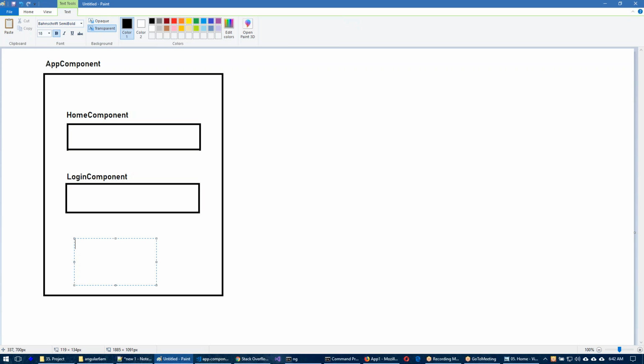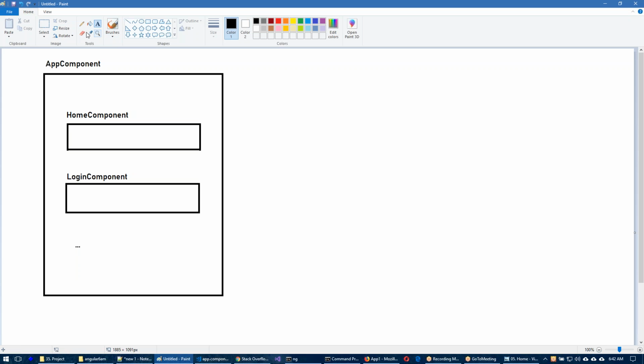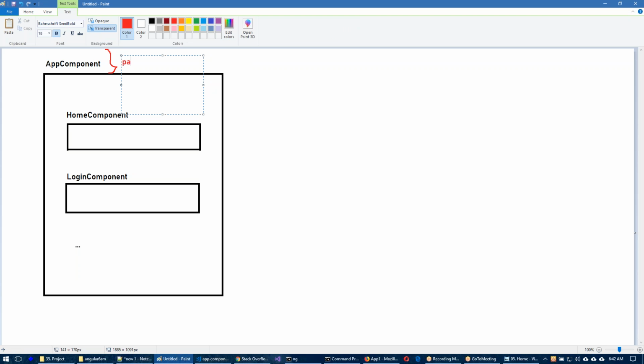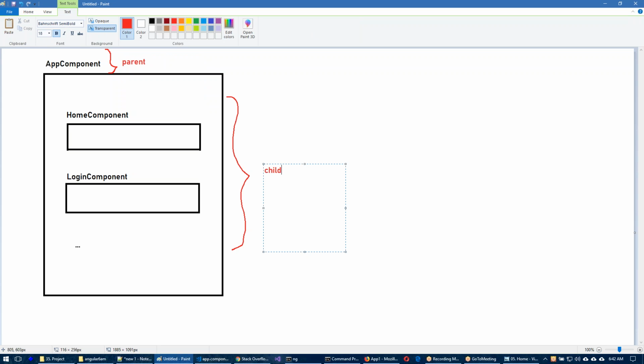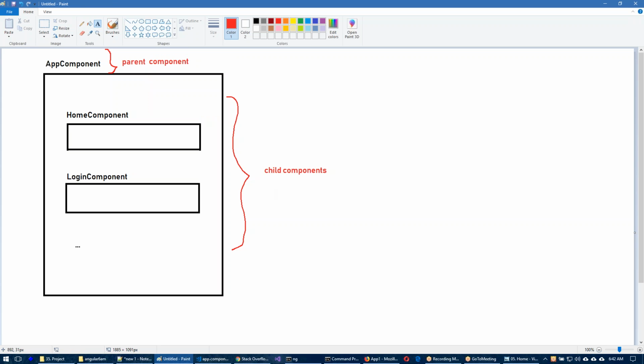We can have a number of. So what you can say? Can we say one component can have other components? So this app component becomes a parent. All these are the remaining children, child components. Parent component, child components. One parent component may have other child components. And here the surprising point is even a child component also may have other child components, right?